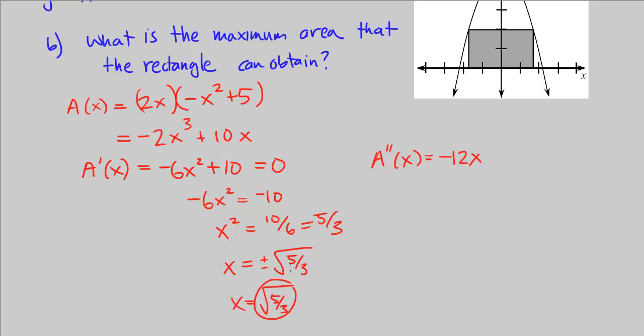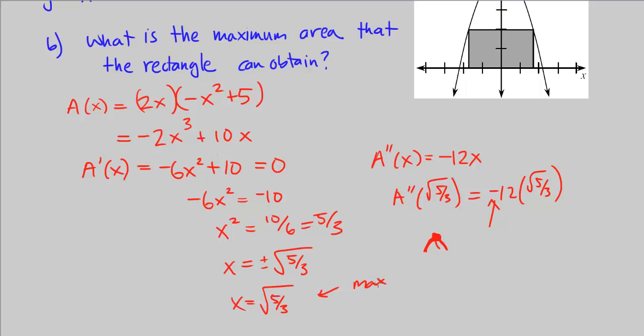So if we plug in our x value, A double prime of square root of 5 over 3 is going to be negative 12 times square root of 5 over 3. And this right here is a negative number. So since it's negative, that means it's concave down. Concave down tells us that, voila, it's a maximum. So this is our maximum value